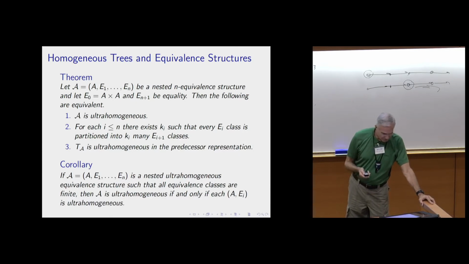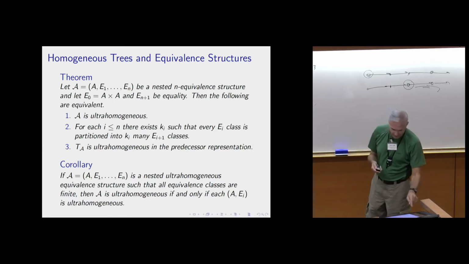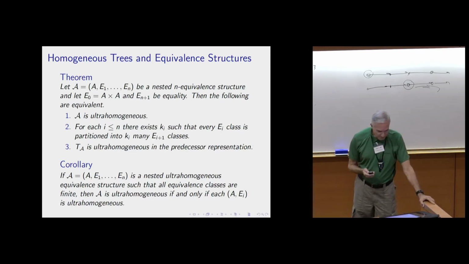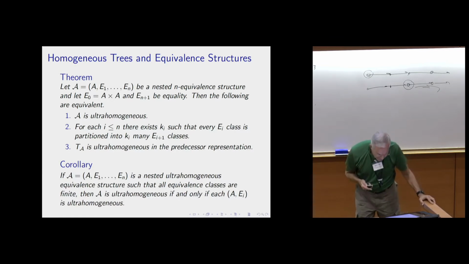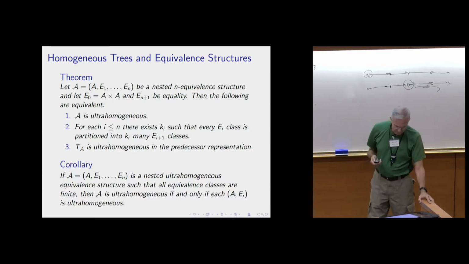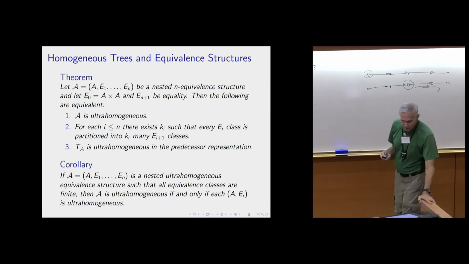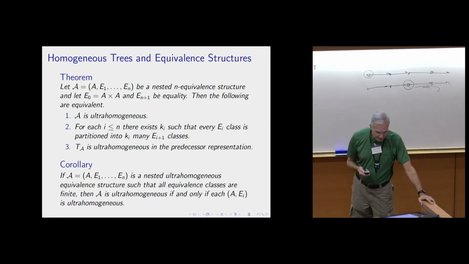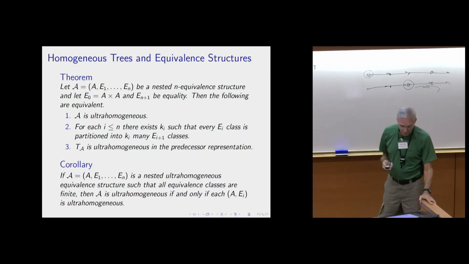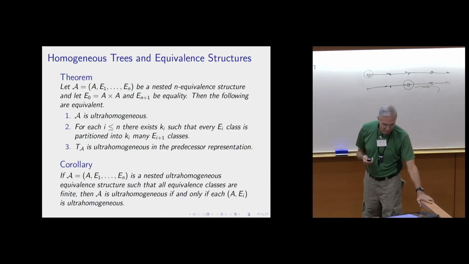Okay, so this is sort of explaining the picture there. So what can we do? So the ultra-homogeneous, let me see. Yeah, so that's computably categorical, but what about being ultra-homogeneous or weakly ultra-homogeneous? So I think in this setting, this corresponds to what the trees are doing, right? But with the predecessor is where something happens, okay?